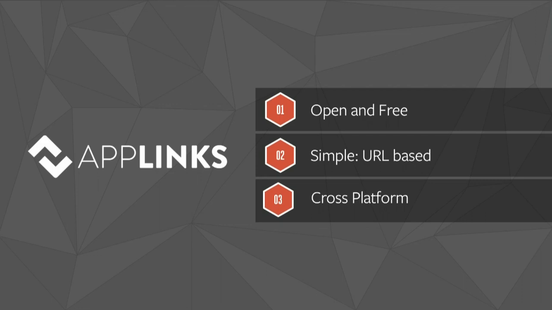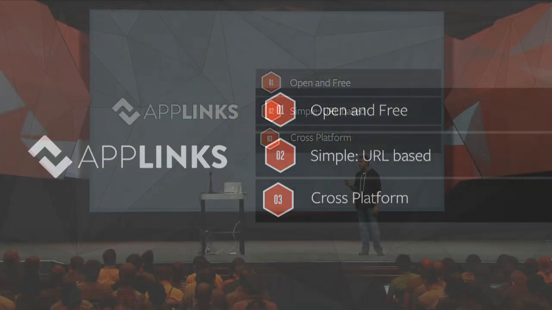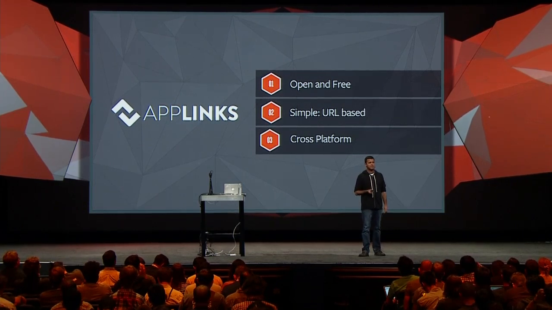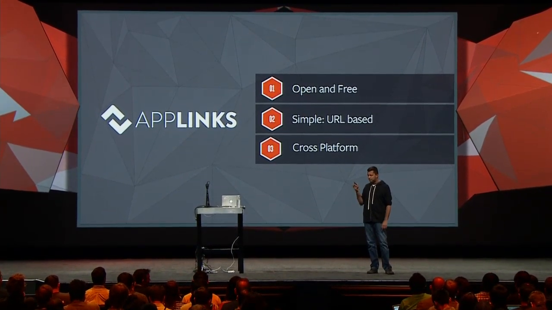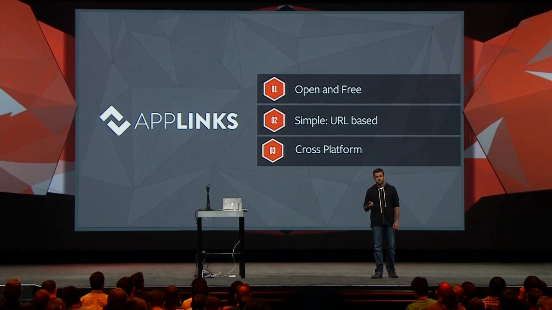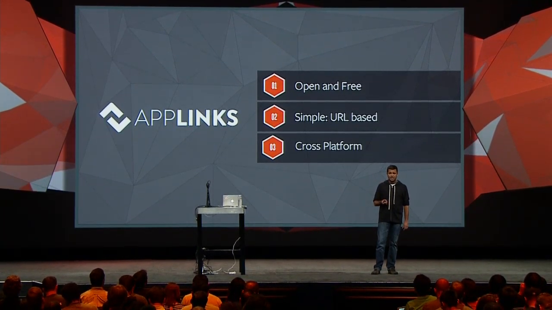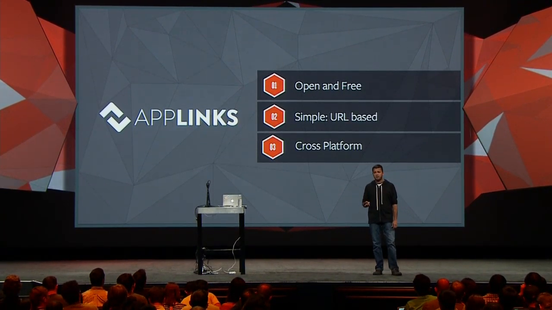But to me, the best part about Applinks is its simplicity. It's just a set of tags for you to map your mobile content to your web content. And it's never been easier for you to expose deep links in your app or deep link to other apps. And finally, I know this word gets thrown around a lot, but Applinks is truly cross-platform. It supports iOS, Android, and Windows Phone with plenty of room for us to add more.